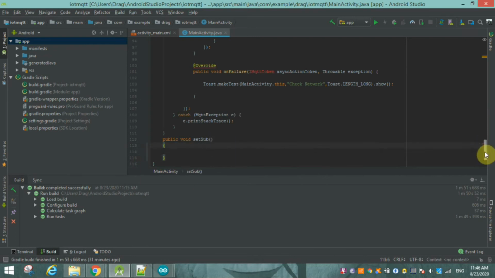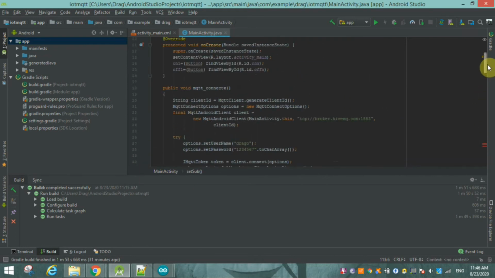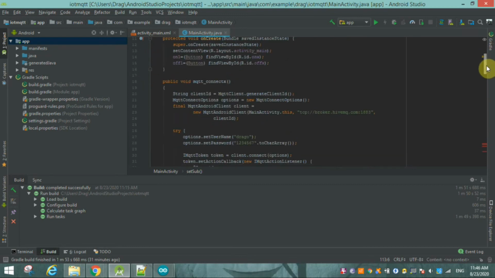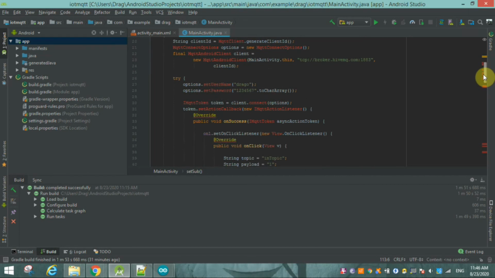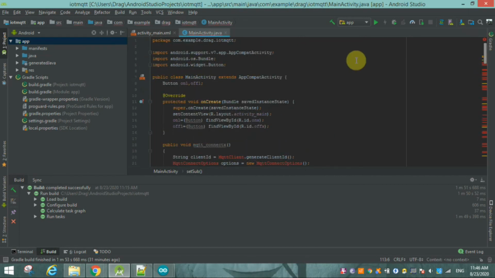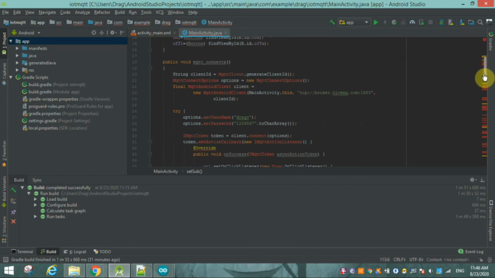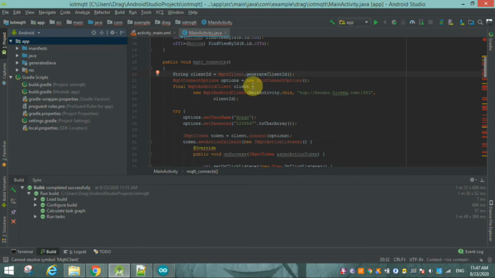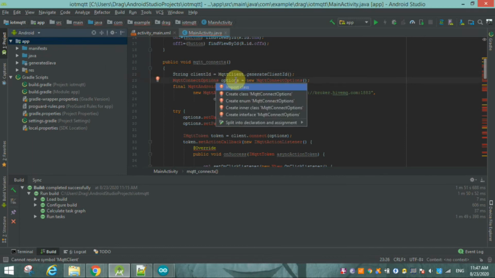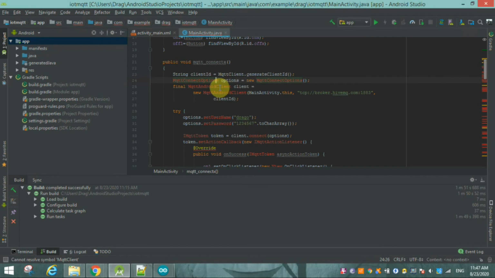After pasting it, you will get many errors inside this. These errors are only because all the files are not included inside your import. You have to import them now. How to import? Just click on the red word, then Alt, Enter. Create a field constant? No, just import a class. After that, the same for this, import the class.